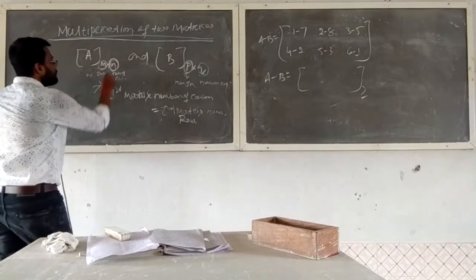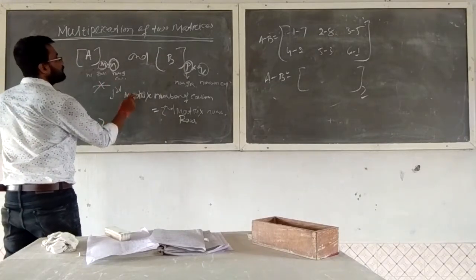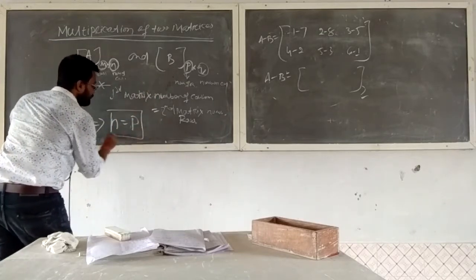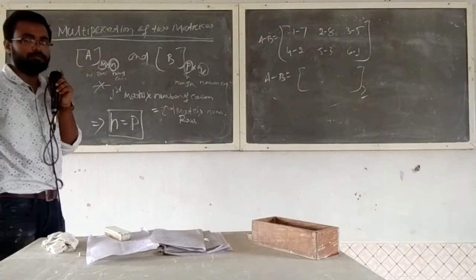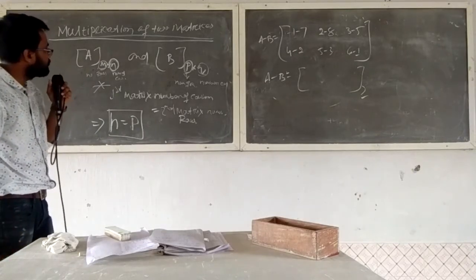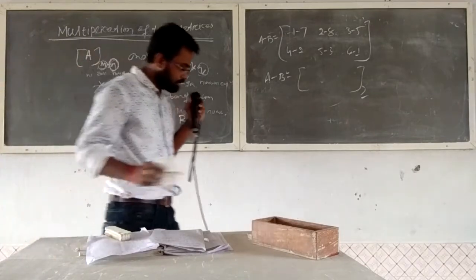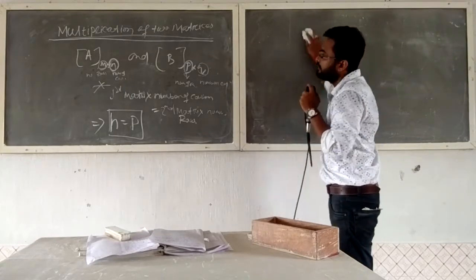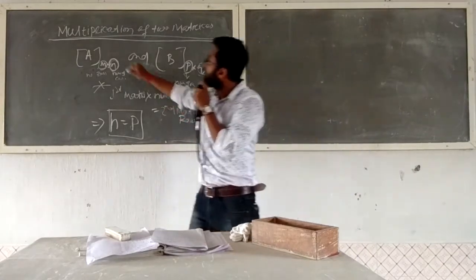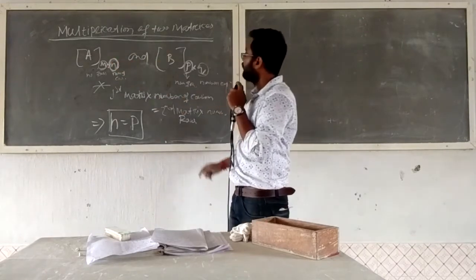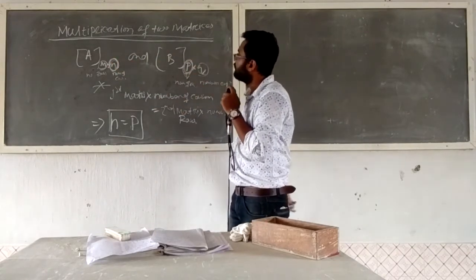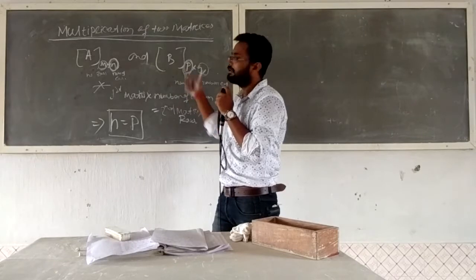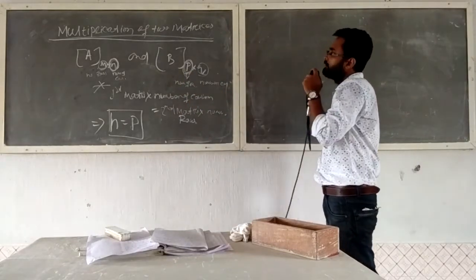That means the number of columns equals the number of rows; if N equals P, then the matrix multiplication is possible. Now you can see how to multiply two matrices. Our condition is that the number of columns of the first matrix is equal to the number of rows of the second matrix. If so, then the matrix multiplication is possible.